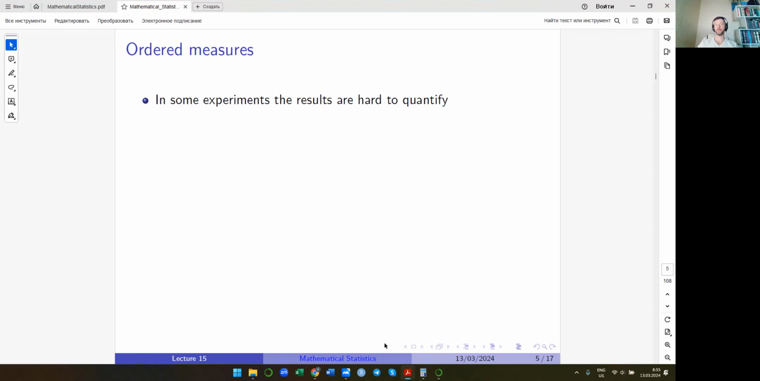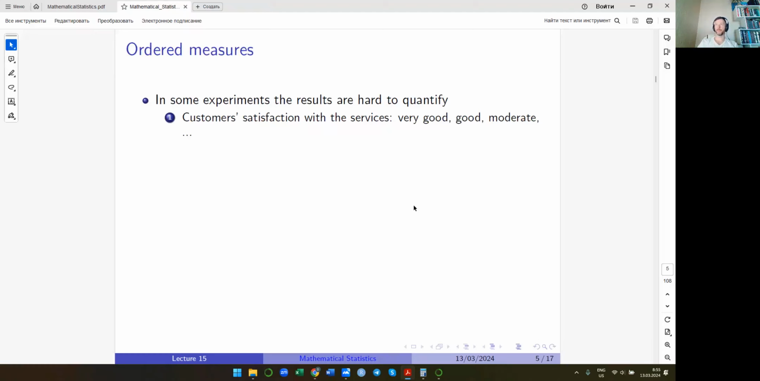So what does it mean? In some experiments, the results are hard to quantify. The result of the experiment or of our observation is difficult to present as a number. For example, if we ask customers about their satisfaction with our services, and we can get some grade, very good, good, moderate, bad, very bad, then we can assign some number like 5, 4, 3, 2, 1, for example. But these numbers are